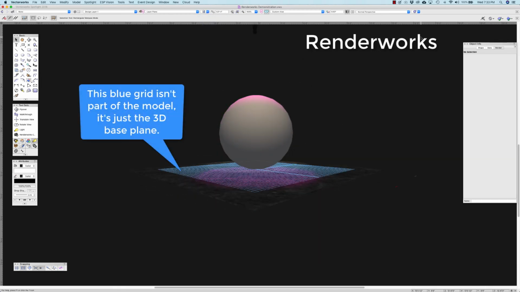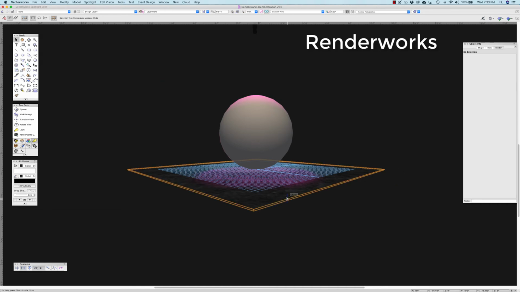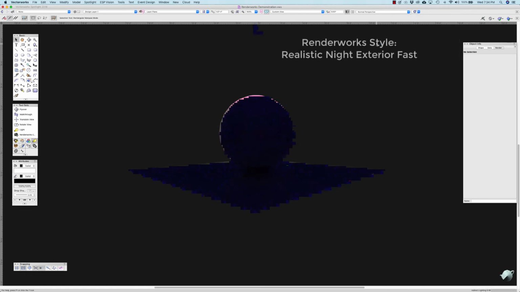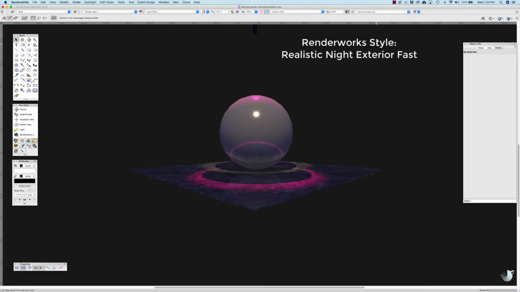In OpenGL, you can see that the surface has some kind of texture, and the sphere looks like a solid color, but none of it's very realistic. If we use the RenderWorks style Realistic Night Exterior Fast, you'll get a greatly improved render. You'll also notice that it's much slower than OpenGL. Now you can see that the flat surface is polished marble, the sphere is chrome, and there are a couple of spotlights in use. If we use a final version of the RenderWorks style, we'll get the best quality,